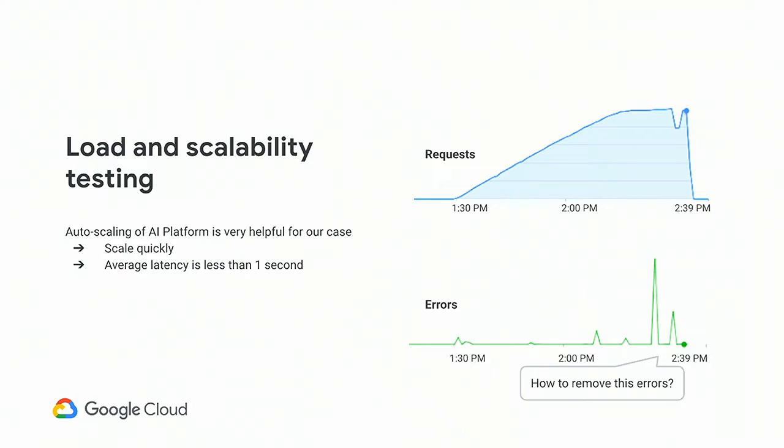In our case, the testing was performed in a setting where the requests increase linearly and reach a maximum of 1,000 requests per second. We found that CloudML Engine can scale quickly in response to the requests, and the average latency of the prediction is less than 1 second. However, there were a few requests that took a longer time than usual. Since it might not be possible to return all the requests to the player quickly, we needed to resolve this condition.